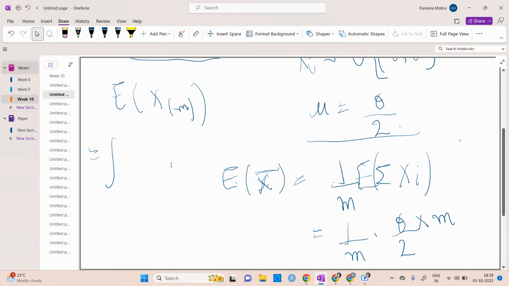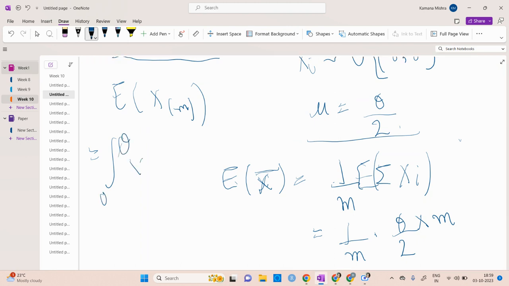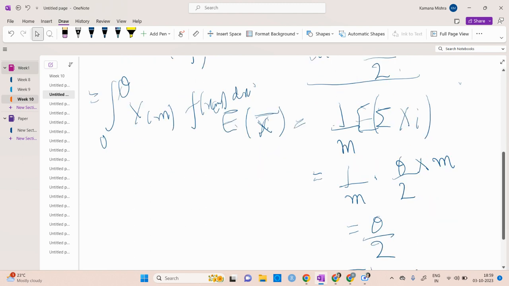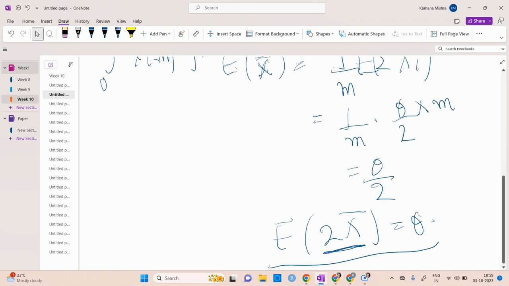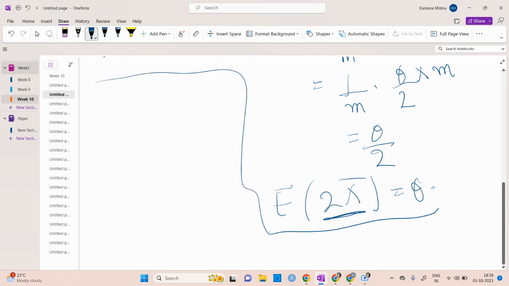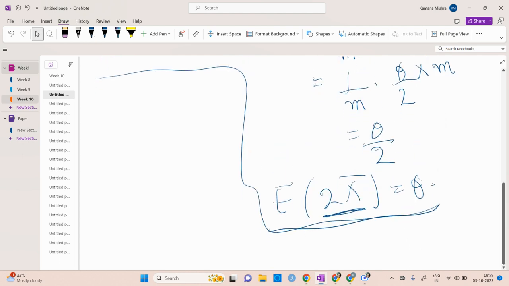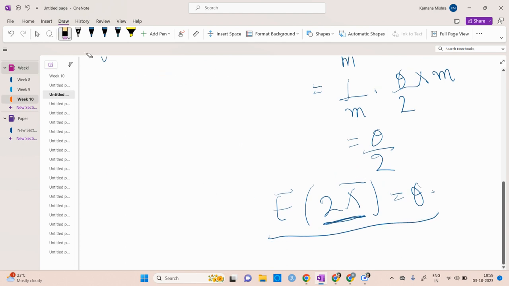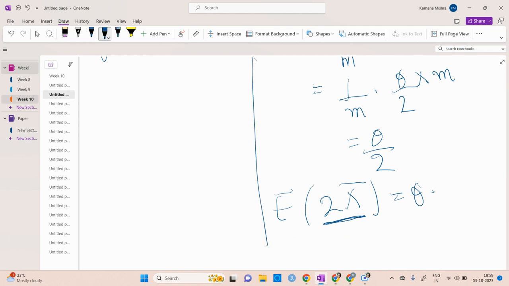It will have some limit which is 0 to theta, and then xm, and then we need to find f of xm, and then dx, right? So f of xm, I told you in the last class how we find that. That you can do by the formula of fxi, I think, and that one is n factorial divided by